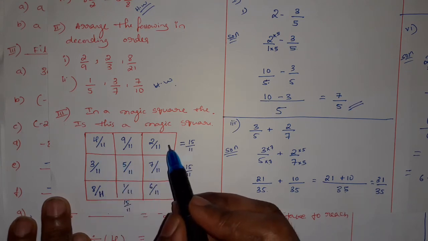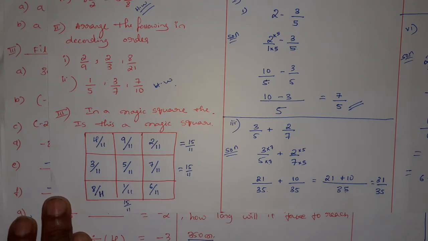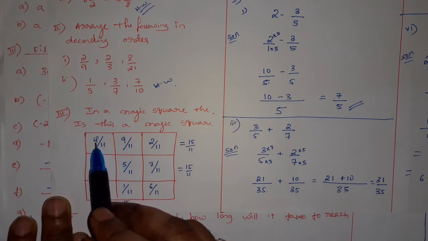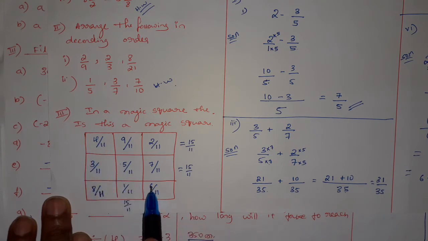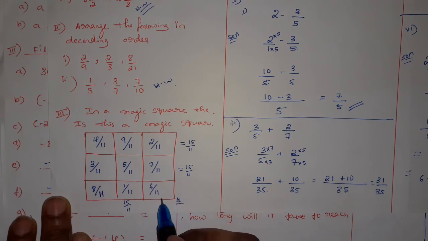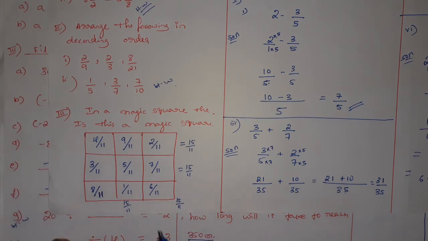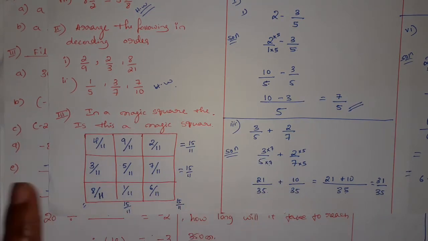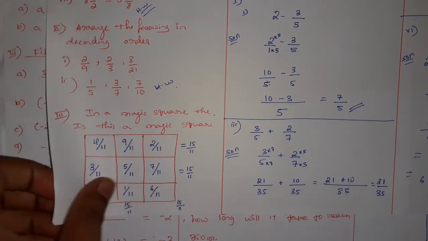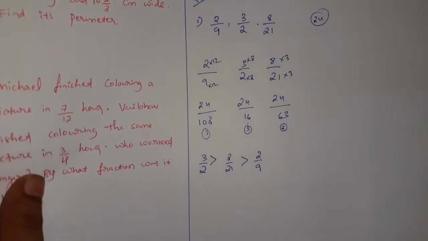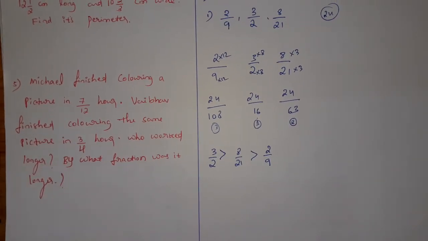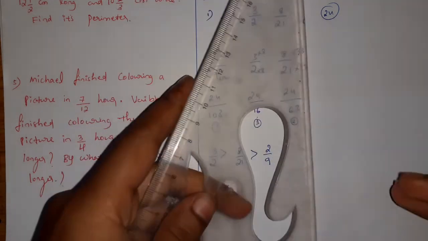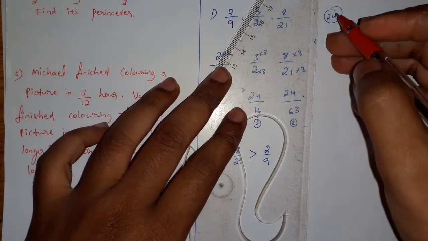You calculate the second diagonal and write your conclusion whether it is a magic square or not. First, only one diagonal I will calculate. 4 plus 5 is 9. 9 plus 6 is 15, and denominator 11. Okay, you calculate the other diagonal. What is your answer? Then finally you tell me whether it is a magic square or not. Then two verbal problems are there. I am going to deal with those two verbal problems, and by solving these two, this exercise, Exercise 2.1, will be completed.